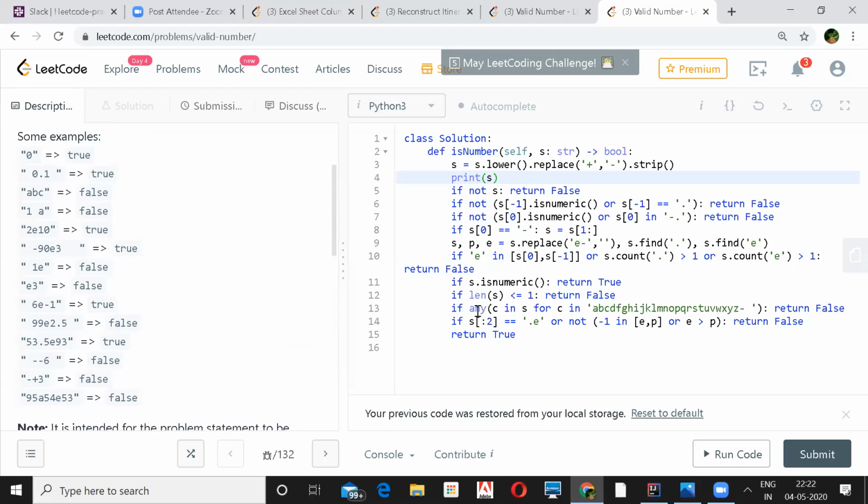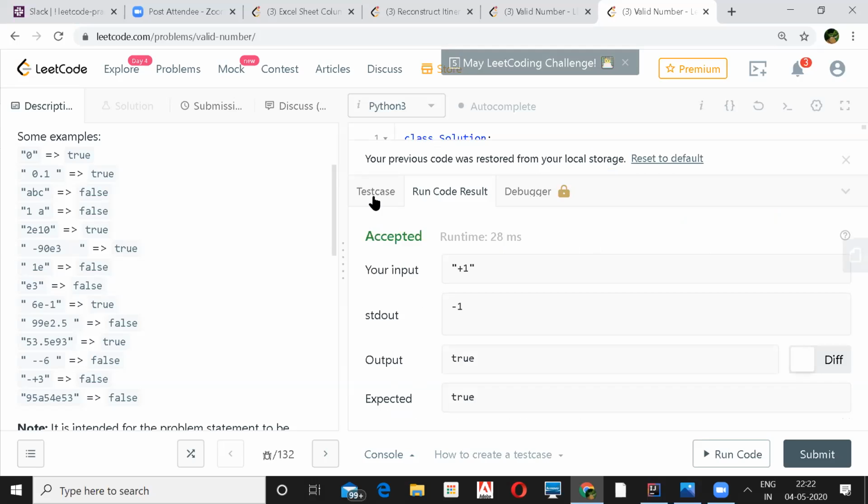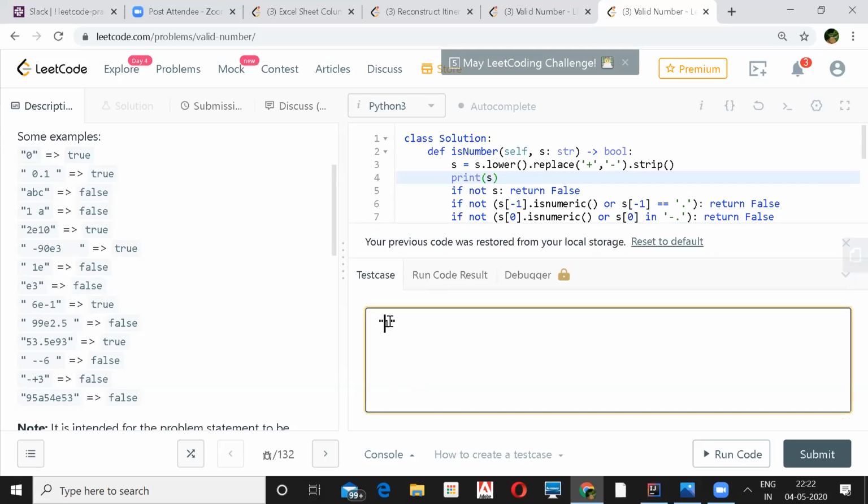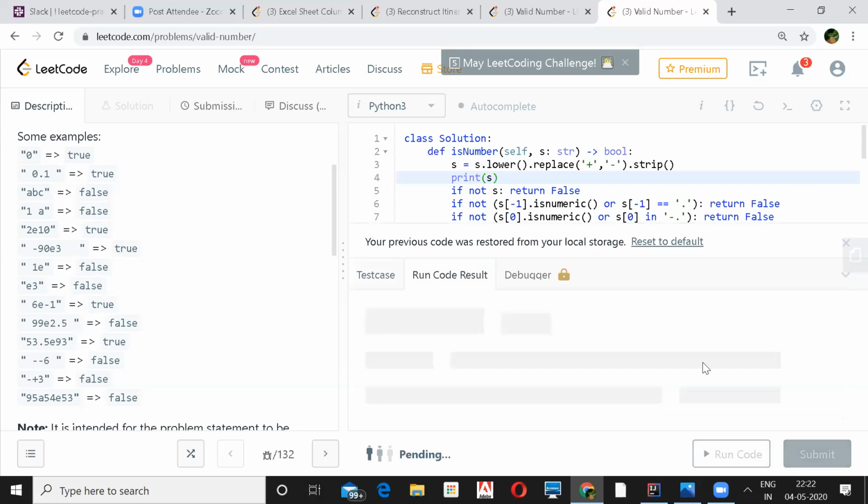So S, what we have in S now. He's actually looking for, if there are 2 minuses, then he's trying to compare it. The first minus is removed at the top. So you have another minus, then he is looking at saying it's null, it's false. No, I'm not able to understand this case. If you just have an input only 1, that should be a valid number. That is okay.